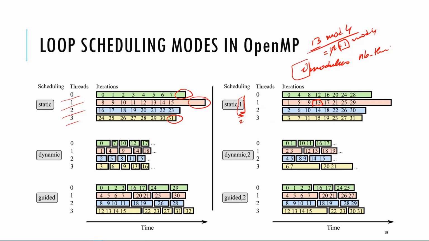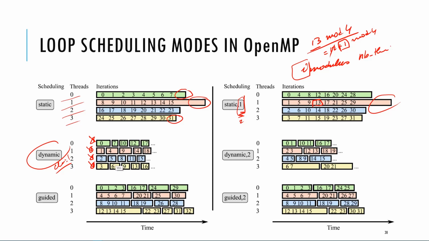Okay, so it's a static. We don't change our mind regardless of what will happen, even if certain threads would finish before the others. We won't change our mind. It's not dynamic. With the dynamic allocation, by default, the chunk is equal to 1, as we said. And suppose subsequently that the first assigned chunks are 0, 1, 2, 3 in this exact order to threads 0, 1, 2, 3, then you will see that